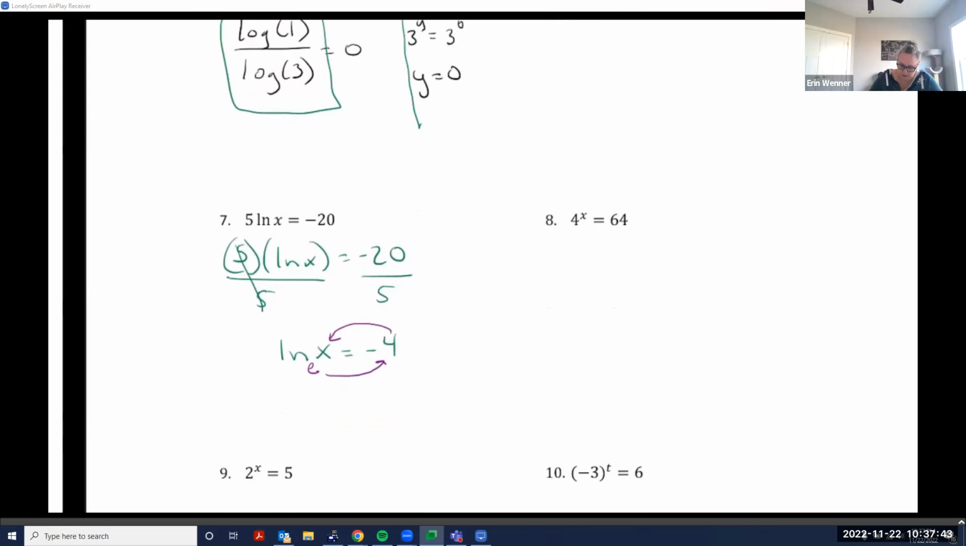So if we do this, we're going to do e to the -4 equals x. So again, this is how we are getting at solving for that variable by converting it from a logarithmic equation to an exponential equation. If I raise e to the -4 power, I get